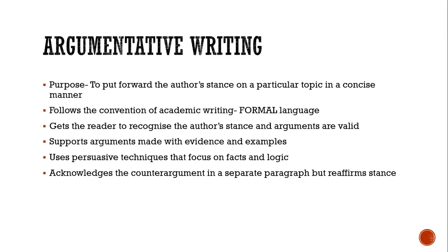So basically, when you have a debatable issue or something like that, and you write an essay, it'll be an argumentative essay, and you as the writer, you're trying your very best to convince your reader to agree with your point of view. So what you do is you support your arguments with evidence and examples. You always try to back it up with as much information as possible. Every single data, very descriptive examples, very specific examples must be included in your essay. You use persuasive techniques that focus on facts and logic,